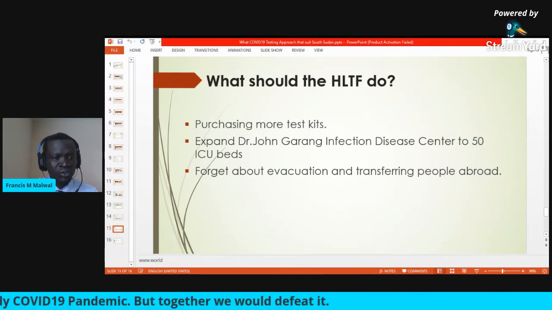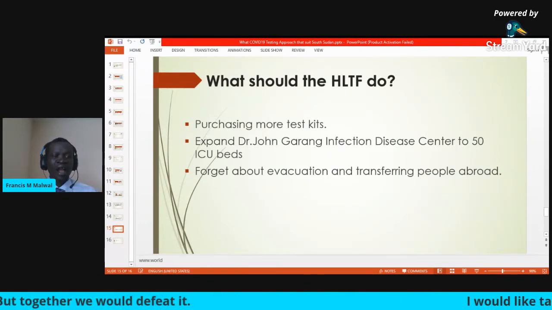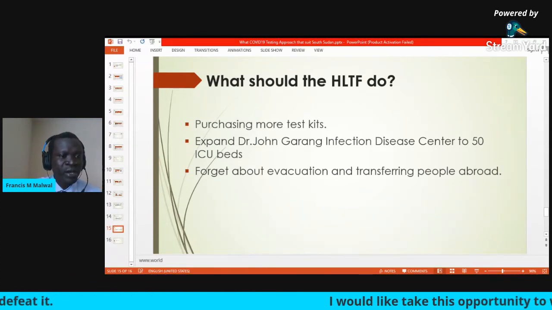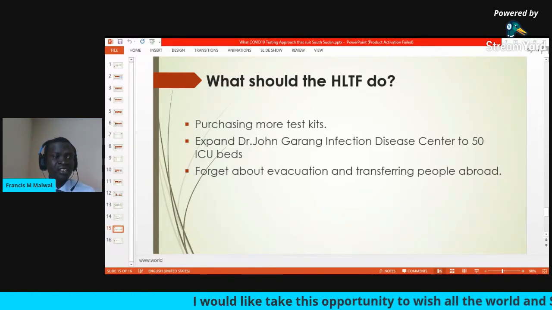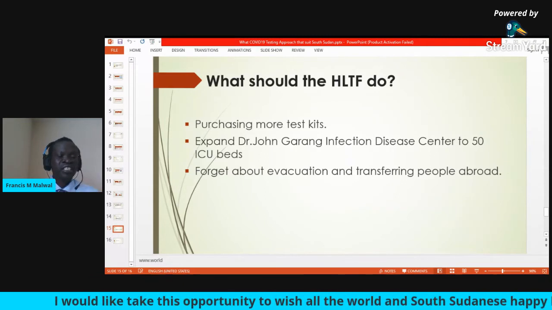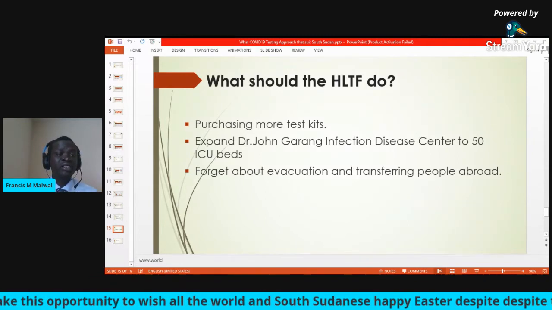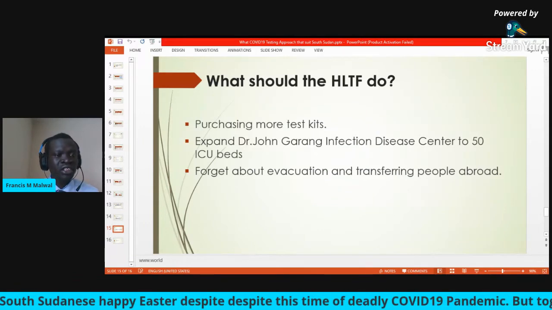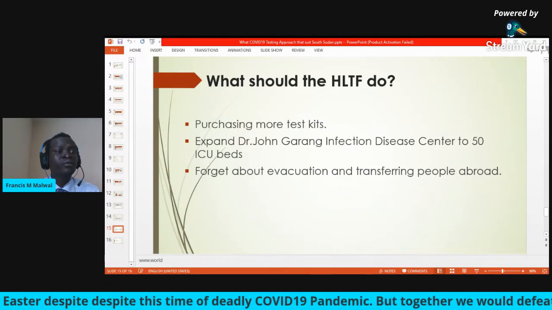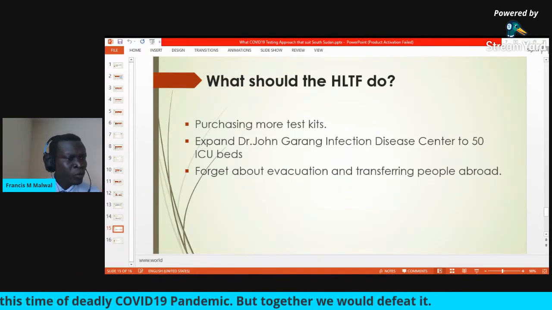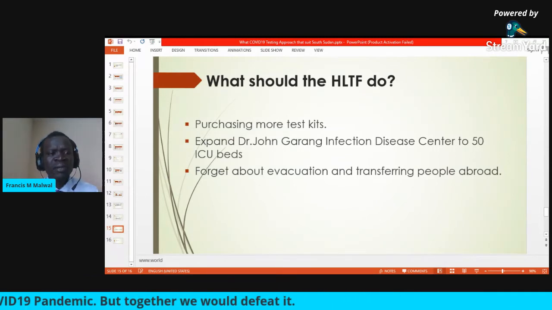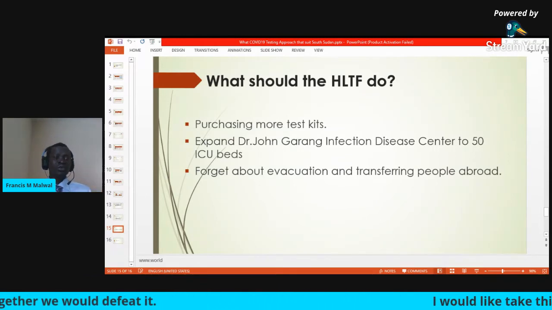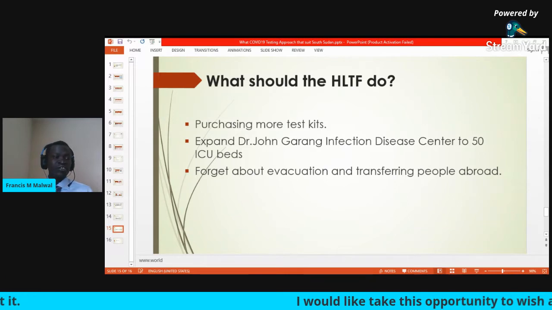So we need to audit what we have there, and see how we can get more ventilators, and how we can get generators so that we can operate that center 24 hours, 7 days a week, with all the fuel that is needed. We need to invest in all those medical needs. We mobilize the private sector, all the doctors, all the medical personnel, to come,